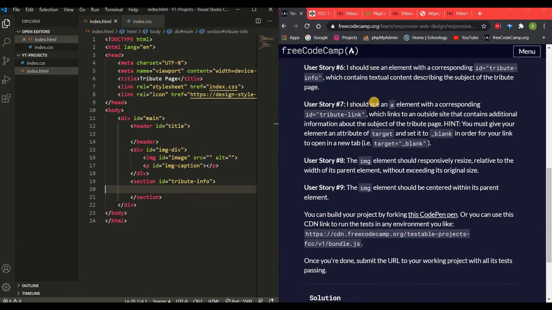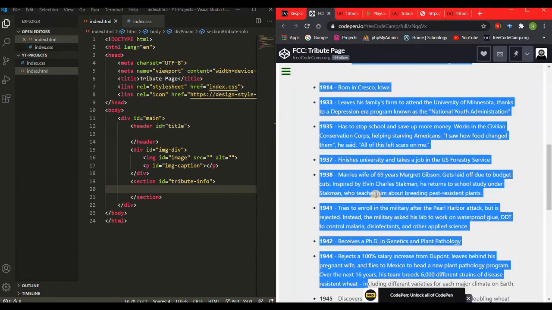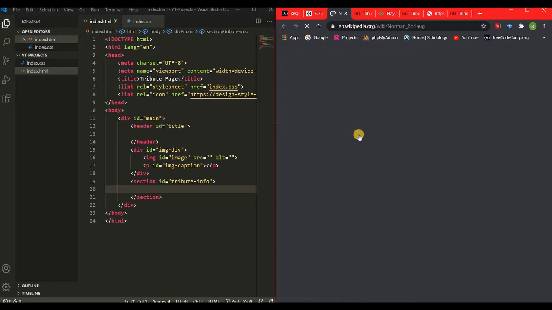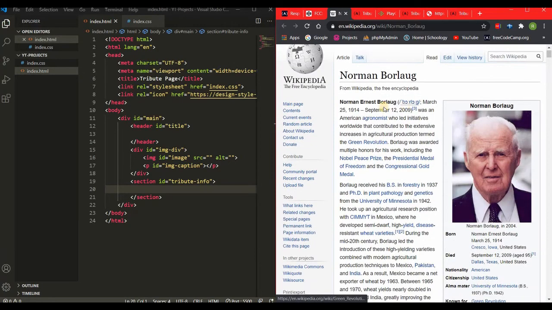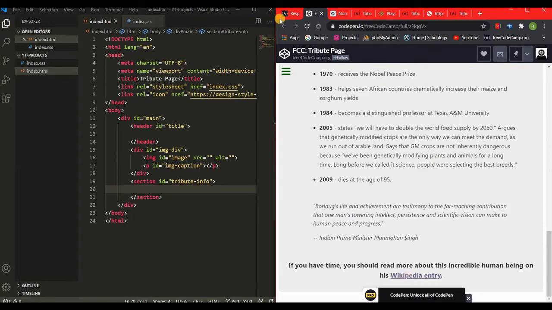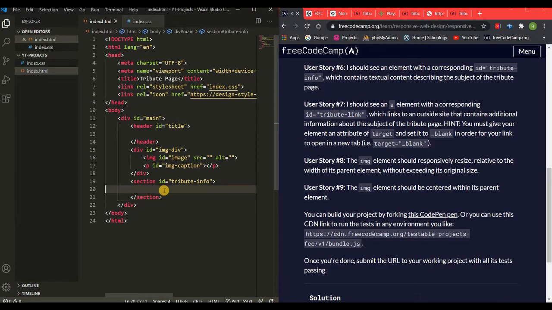So we're in user story number 7. I should see an A element with a corresponding ID tribute link, which links to another site. It's talking about this link that leads to a Wikipedia page about Norman Boileau, this guy. So this link links to the Wikipedia page. We could just put that at the bottom. But first,